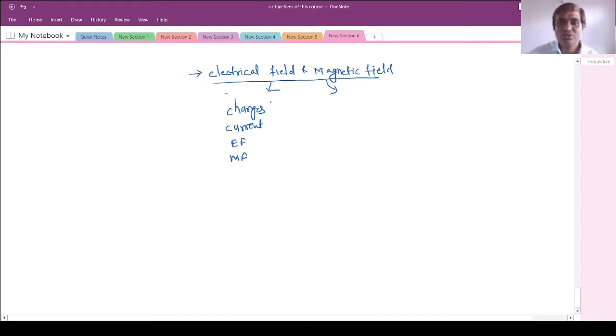Before going into that, let us define them one by one. The electric field, generally let me represent with E bar, and its unit will be volts per meter. When charges are placed in the vicinity of it, there will be a force introduced, and that effect is called the electric field, and that effect depends on the medium.